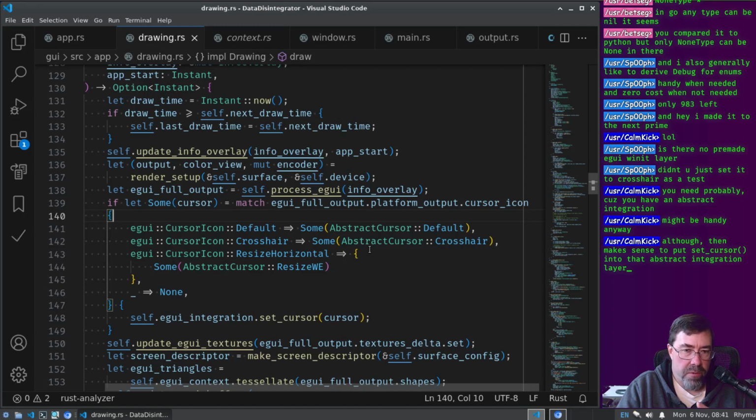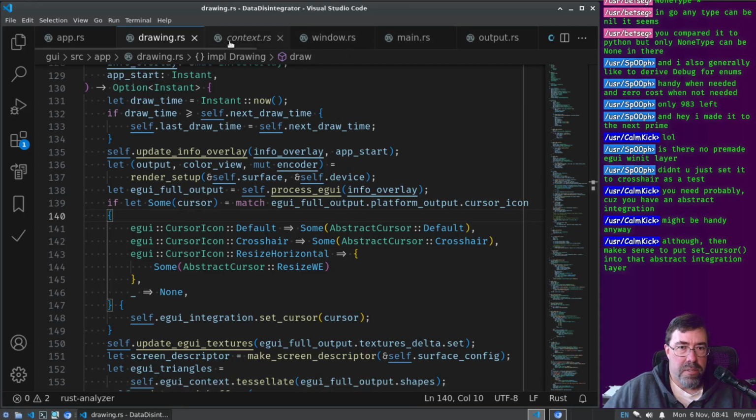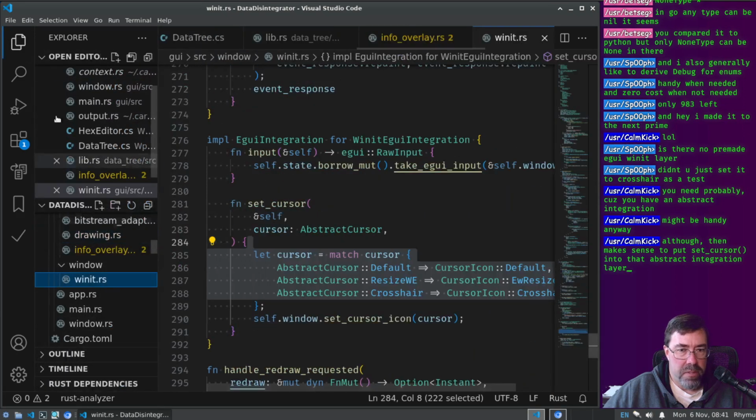So if I were to ever bring that back, then I don't want drawing or the app or eGUI itself to be bound to WINIT directly. I am using the eGUI WINIT, but that's because the WINIT has to turn stuff into